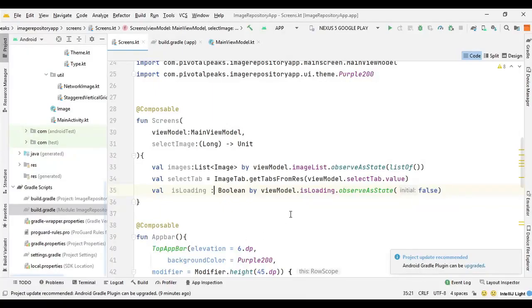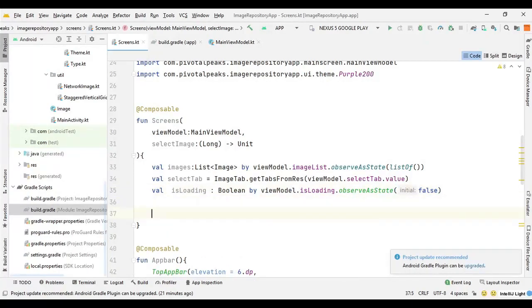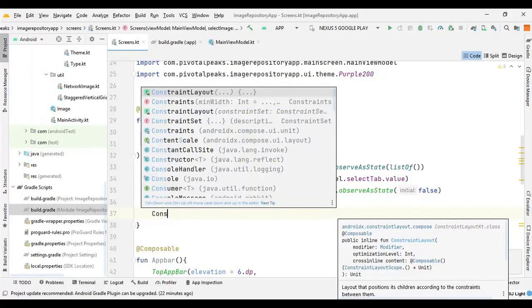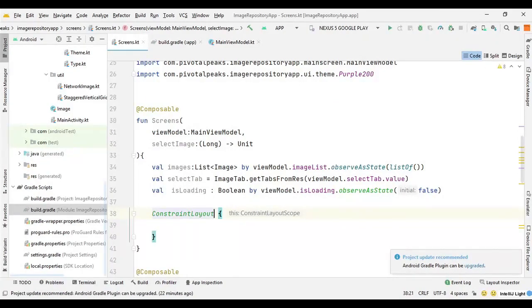So in the next section we will create a constraint layout to put together the body and the progress bar for this screen's function. So let's create the constraint layout to put the body and progress of this screen's file together. So we can say ConstraintLayout.